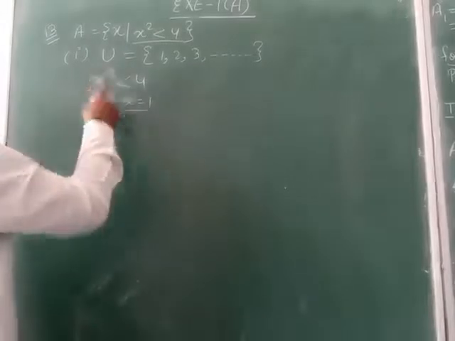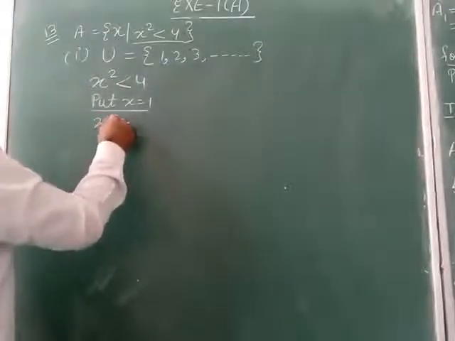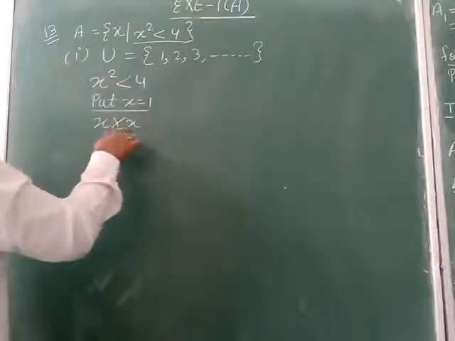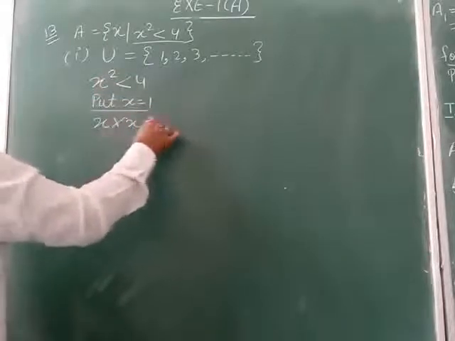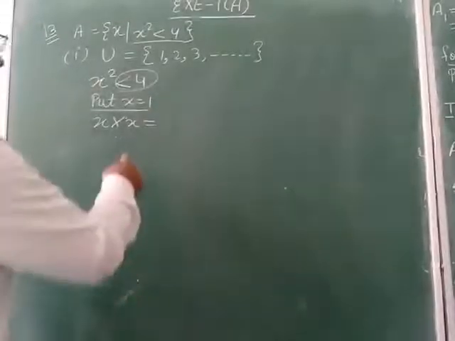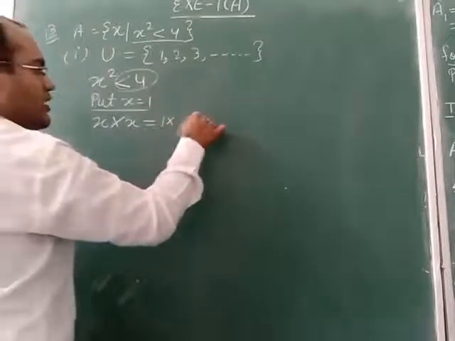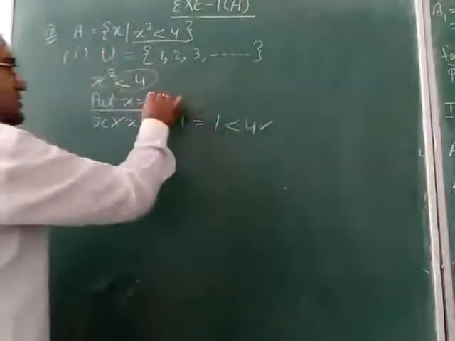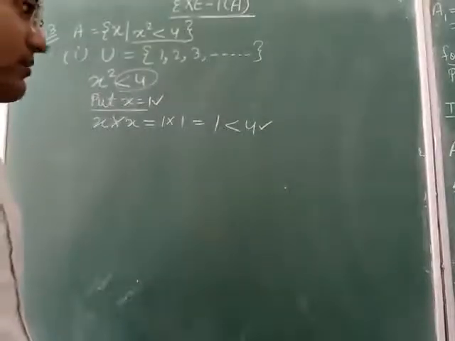So here x square is written. X square means x multiply x. Square means two times we have to multiply, and we have to check whether our answer is less than 4 or not. So x value is 1, 1 into 1, answer is 1. 1 is less than 4, yes, that means this answer of x is correct. We have to take the value of x as 1.